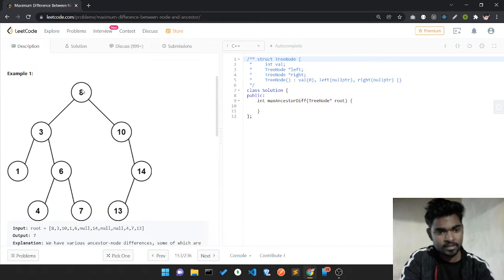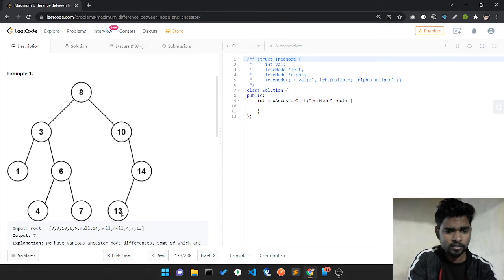In that case we go one of the ways, 8, 10, 14, 13. It's one of the paths, so we go with that. If we want to pick 13 and 10, yes, 10 is an ancestor of 13. If you pick any two elements in that path, one is an ancestor of the other.